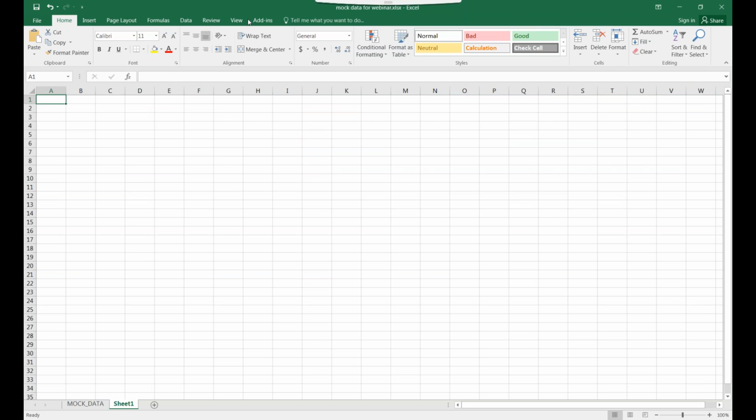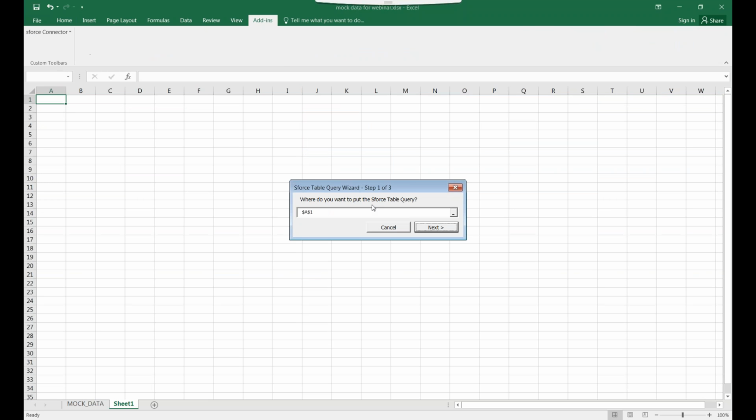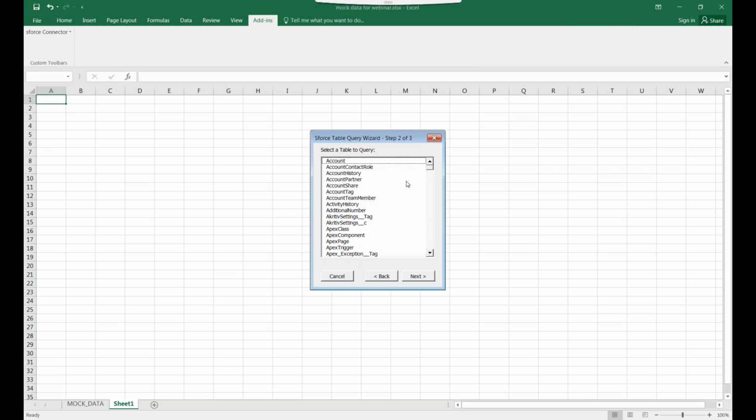So here we are. We have the Add-ins tab. We're going to go here. We've already logged in, and it's going to ask where we want to put our table. You can see here it's defaulted at A1, which is just where I want it. So this next window that's going to pop up is going to ask you what umbrella categories you're looking for in Salesforce. So most people here have accounts, contacts, leads, you know,